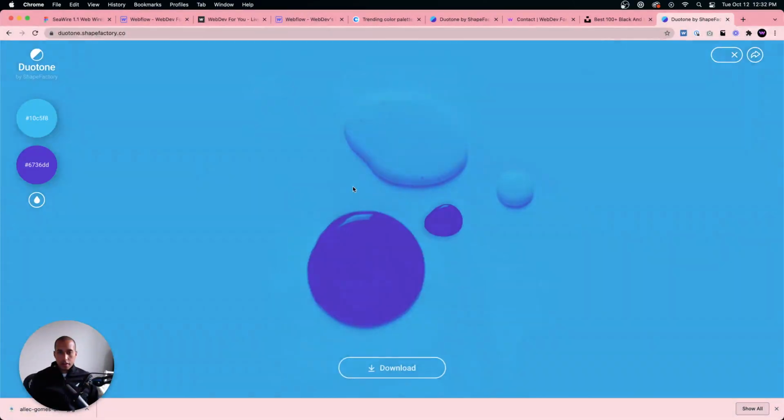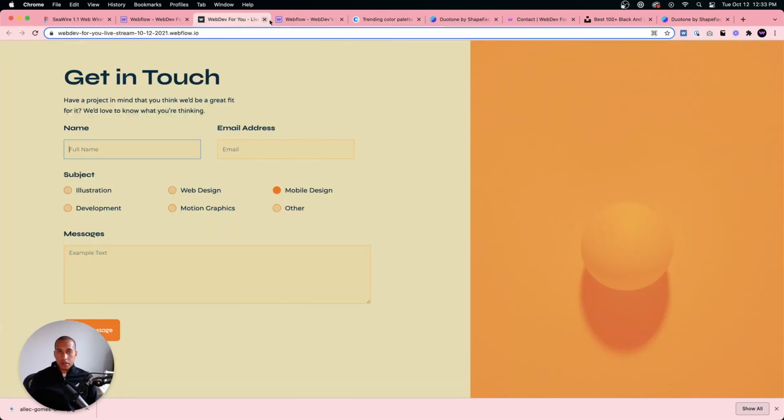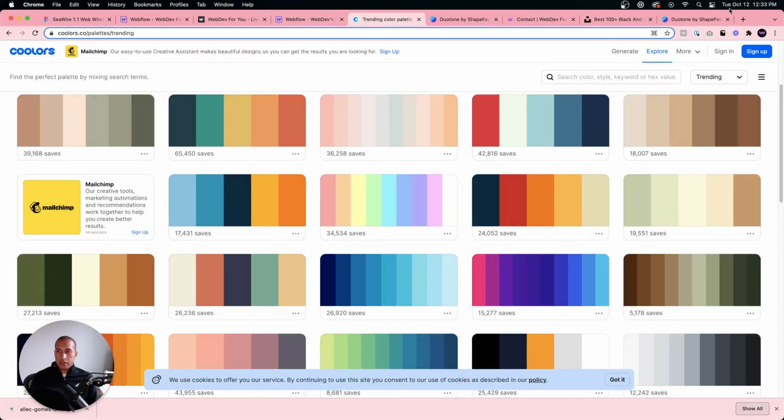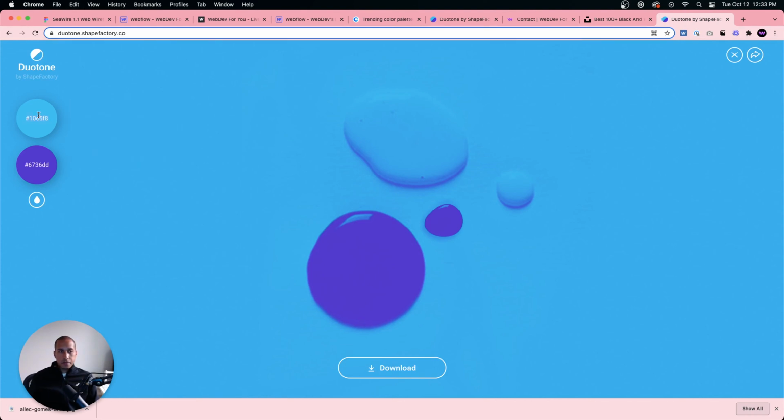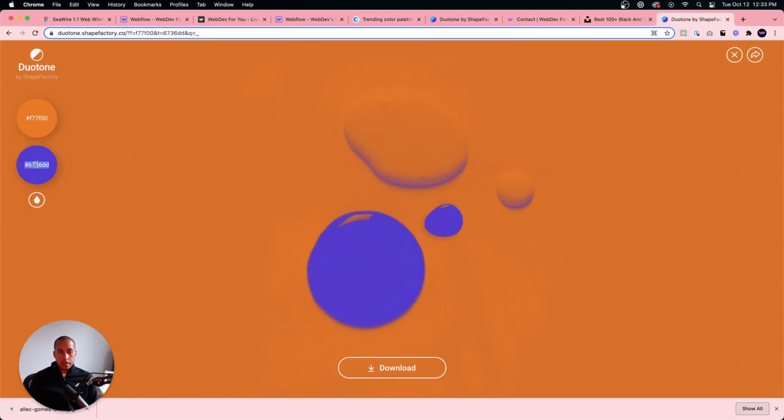It's right here. Okay, cool. So we have that image, and then I went into here and grabbed those colors. So it was orange and blue. Okay, so we have those colors.